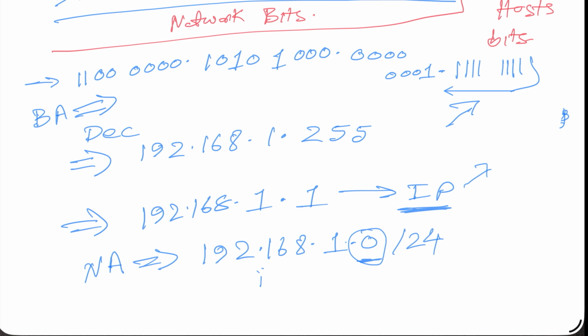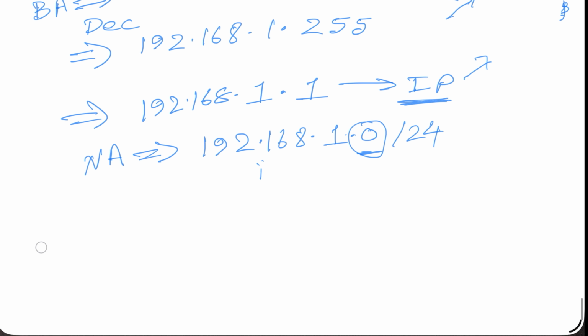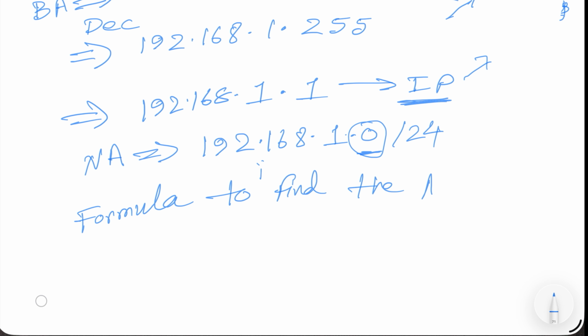So, if you have an IP address and you want to find the network address and the broadcast address, the formula is very simple and straightforward. The formula to find the network address is, whatever the network bits are,